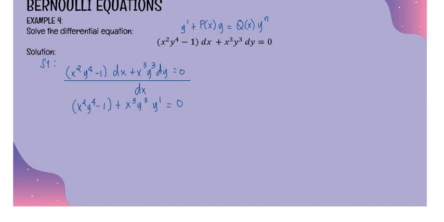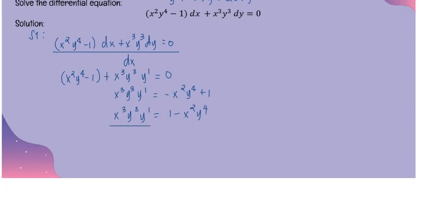The next thing that I need to do is transpose this one to the other side of the equation, so that I could just isolate y prime on the left side of the equation. So it would be now x cubed y prime is equal to negative x squared y raised to 4 plus 1, or you could just basically write it as x cubed y raised to 3 y prime is equal to 1 minus x squared y raised to 4. And then I could divide the entire equation by x cubed y raised to 3. So the continuation is here, y prime is equal to 1 minus x squared y raised to 4 over x cubed